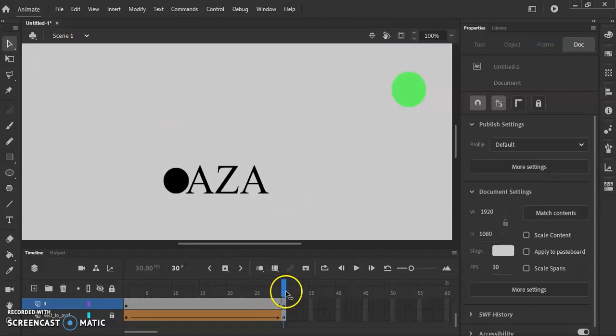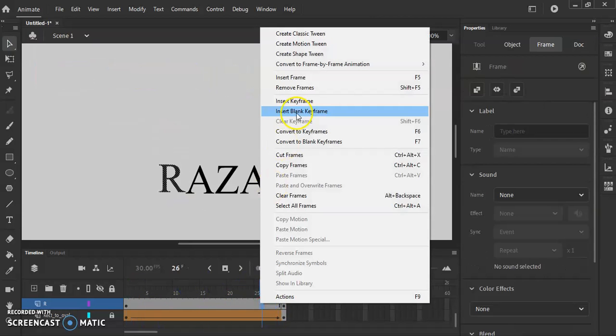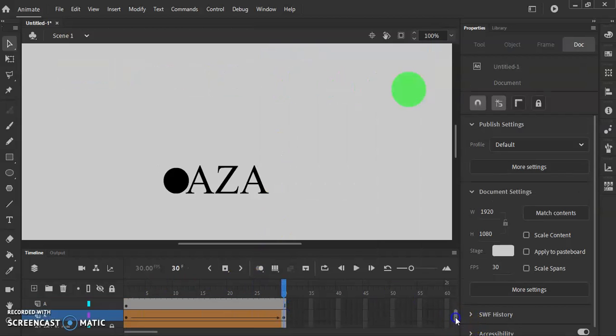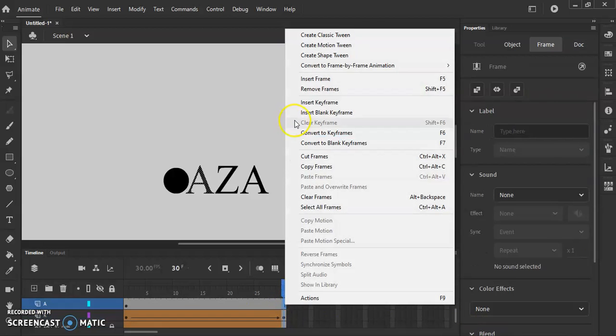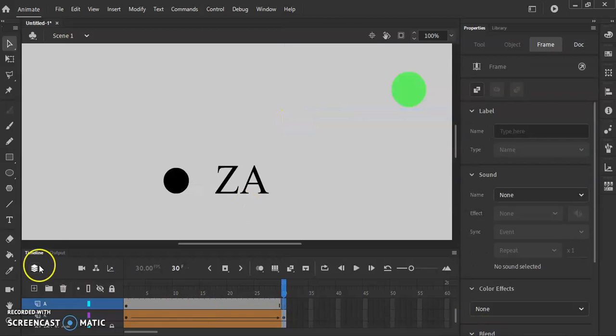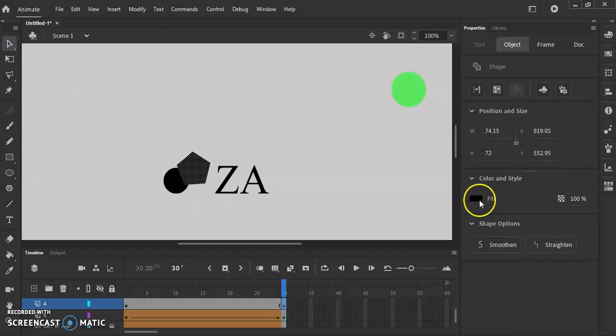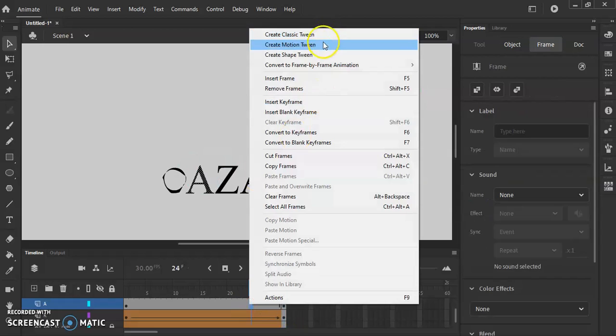Okay, so if I'm going to look over here, now right click, shape tool. So now it is very easy for us to work one by one rather than doing it all at once. So I will come here, insert blank keyframe, and over here I will put polygon, for example, this one. I will change the color for this polygon, fill this color, and I will create shape tween,